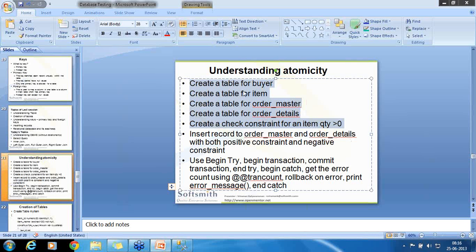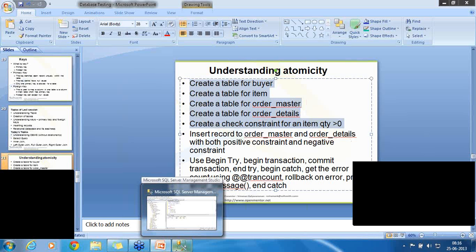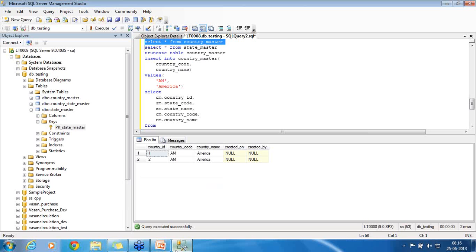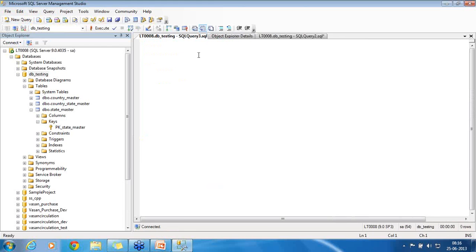So I'll create a table for buyer, a table for item, and a table for order master. Very simple, we just create one or two columns for this. When I create, I'll try to create without a primary key. I'll show you what problems will happen. Generally, what will a user do? Now I'm going into another query window. In the same DB testing, I will now create